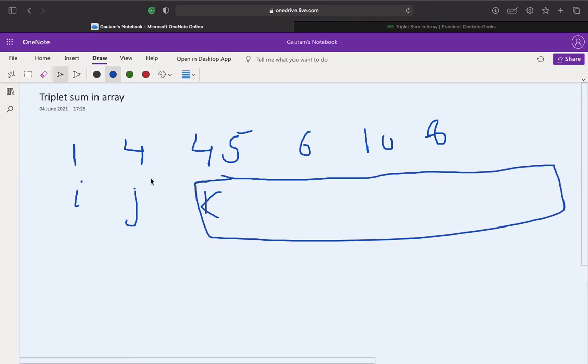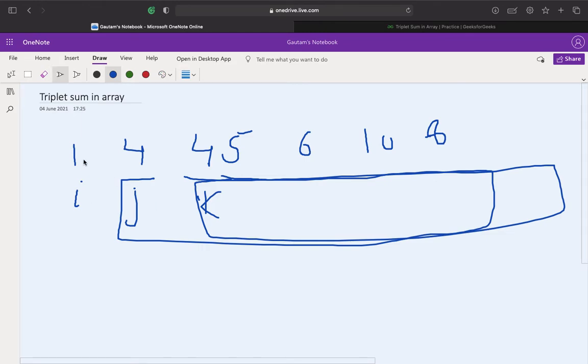After k reaches the end, we increment j, and after j reaches the end, we increment i. That gives us all the triplets, and if there exists a triplet, we simply return true. The time complexity of this solution will be big O of n cube. It's a cubic solution, but that's way too much. We need to reduce it down to big O of n square.